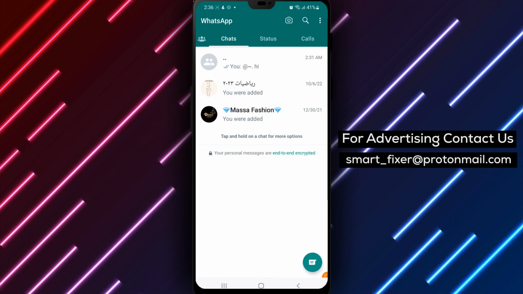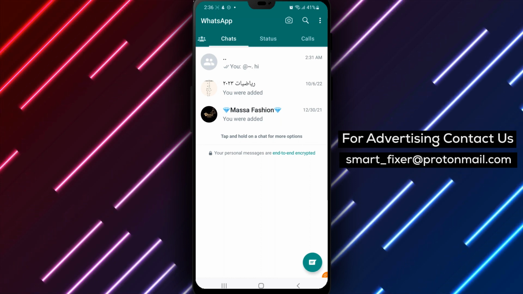In conclusion, we hope this tutorial was helpful in showing you how to use the WhatsApp Mark as Unread feature